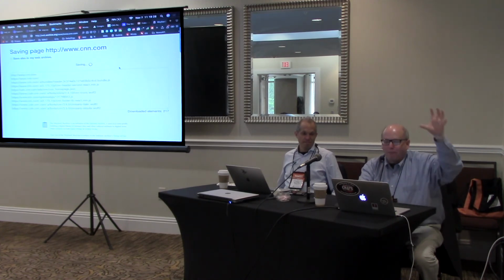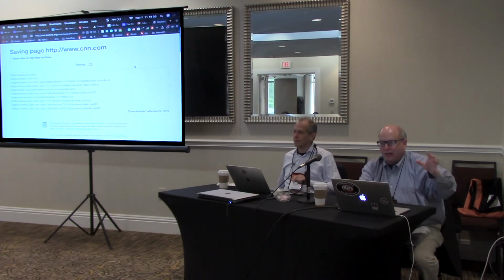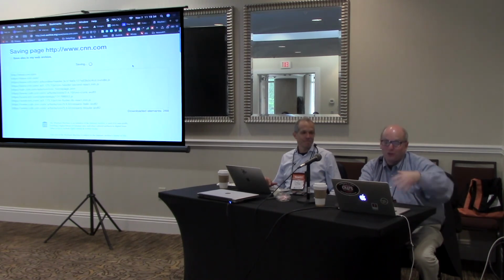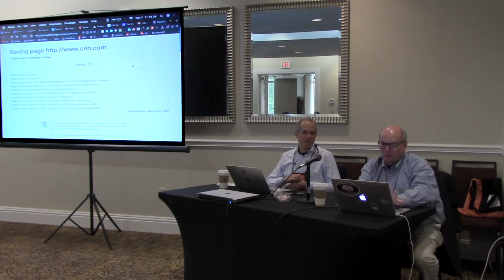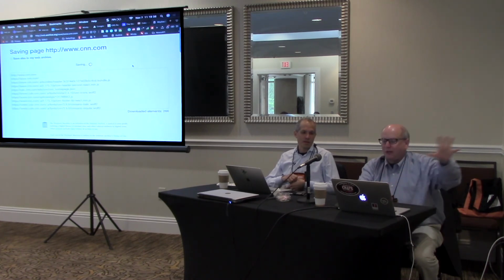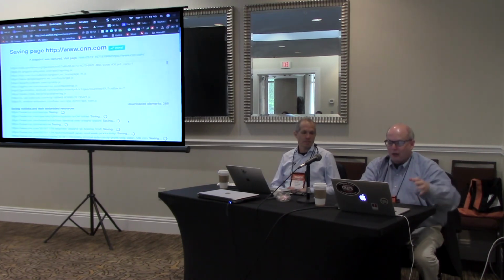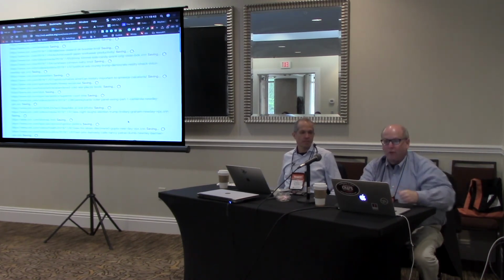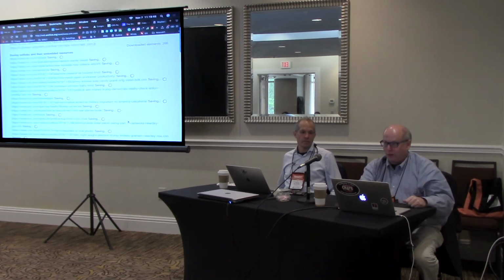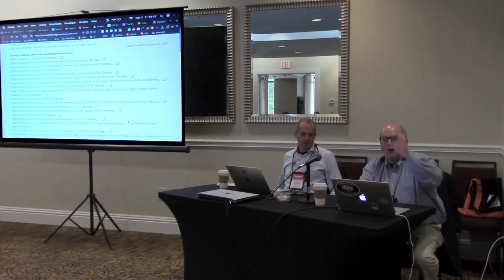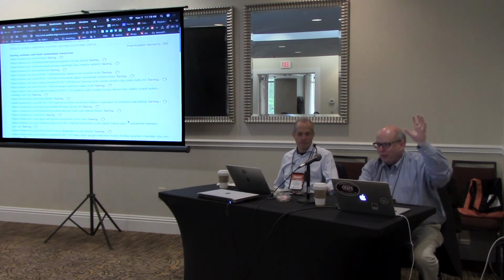So now you've got a complete set of what was on cnn.com at 11:19 Eastern Time. Because I'm trying to show it to you, it's very slow, but you can trust me, it works. Here we go. So now with one click, it's going out and archiving or re-archiving all of these URLs. So if you ever need to go back, not only is that page saved at 11:19, but all the outbound links were saved at the exact same time.